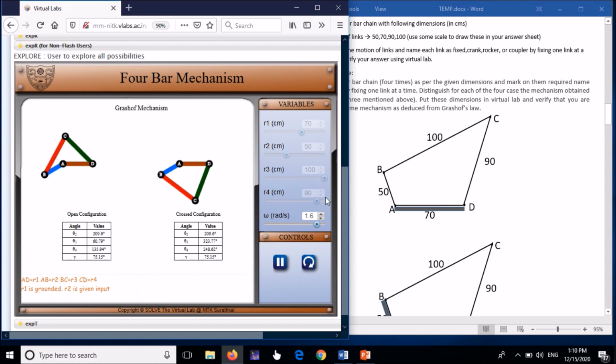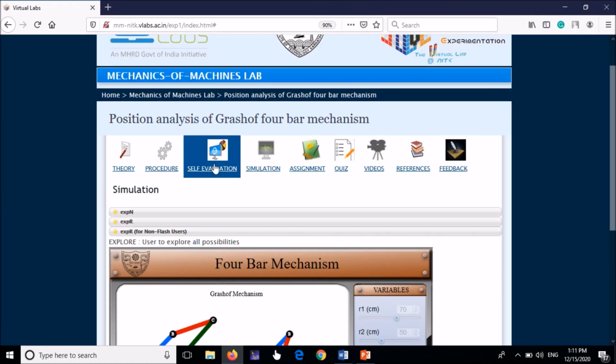In this way you can change the values. If you want to fix AB, R1 will be 50, and R2, R3, R4 continuously 100, 90 and 70. Try that way, and in that case you should get a double crank mechanism. All this I have explained in Grashof's law in my YouTube video. Next example is